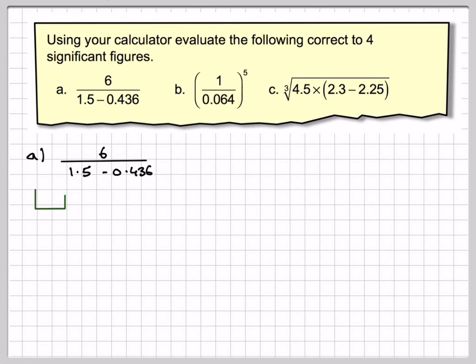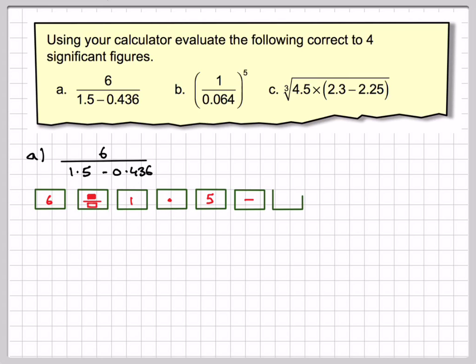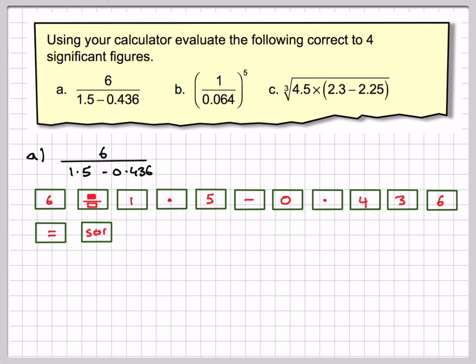So these are the steps that we did on the calculator. So 6, the fraction button, which is this one here, divided by 1.5 minus 0.436, equals, and we need to change it to a decimal, so that gives me